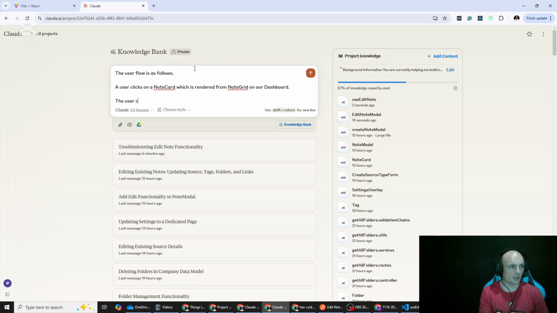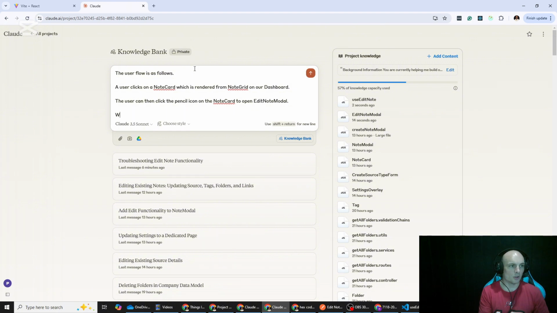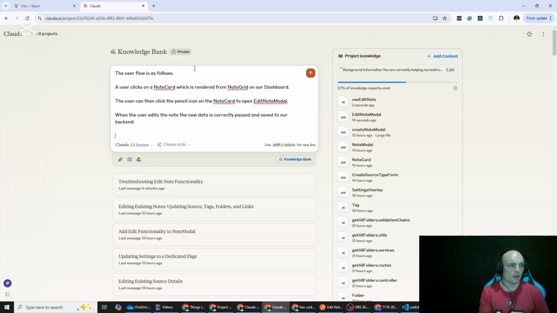The user can then click the pencil icon on the note card to open edit note modal. When the user edits the note, the new data is correctly passed and saved to our backend. However, the note,